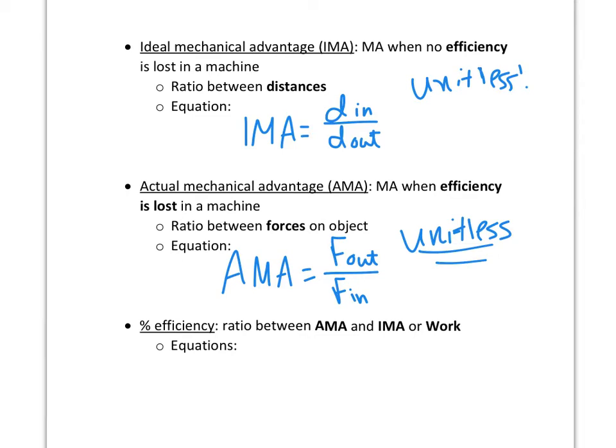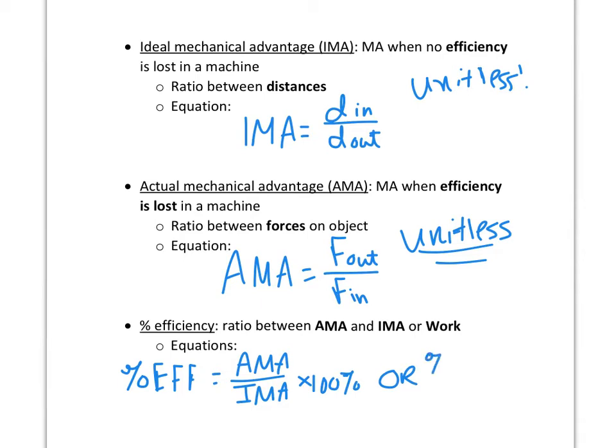And then the last thing we want to look at for machines would be the percent efficiency. Once again, it's a ratio, and that's just the ratio between the AMA and IMA, or the ratio between input and output work. So there's two equations you can use for this. Percent efficiency equals AMA over IMA times 100%, or percent efficiency equals output work over input work. If you recall,